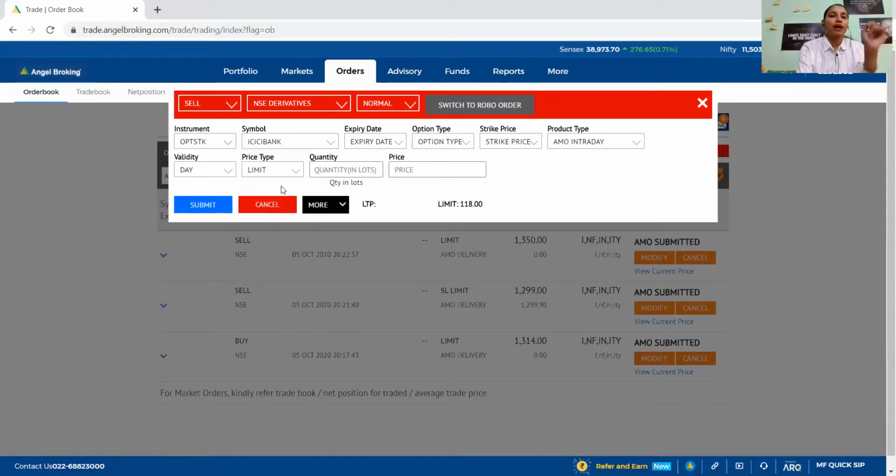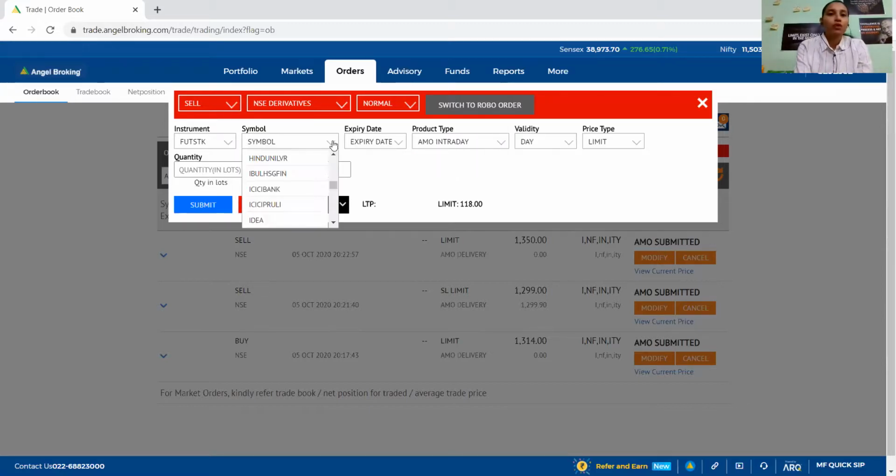So yeah, ICICI Bank over here. Expiry date is 29th October, this month. And then no call put. Sorry, option stock means it was the future stock I was trying to do. So ICICI Bank, and then expiry date is 29th. This is the future, I'm trying to show you how to enter a trade in future. But it will not place over here because I don't have that much fund, I think. But anyways, you can just have a look at it, okay?